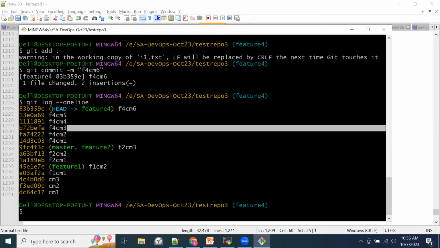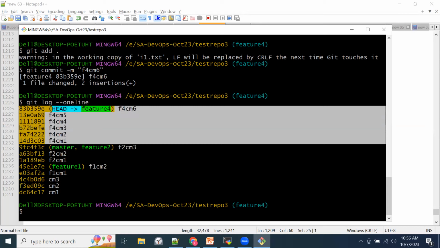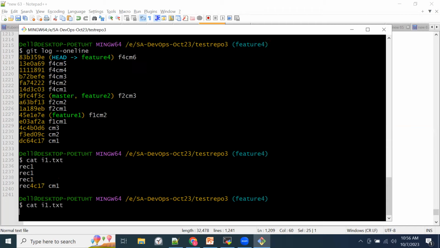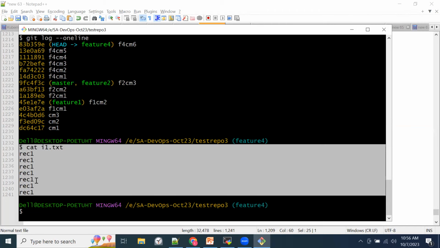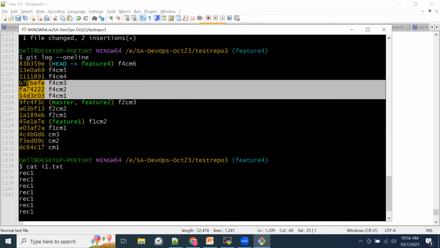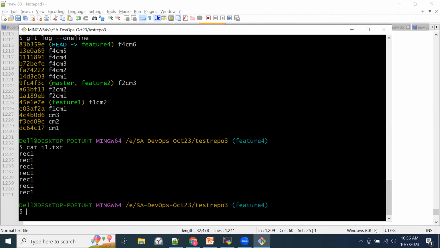So whenever you're ready with the changes, if you don't want to highlight all these commit histories, because ultimately I have a file created, cat file name. These many commits I made in the repository in this file. These are the commits I made for all these things, right? So I am not concerned about the commit history. In that case, what I can do is simply say git